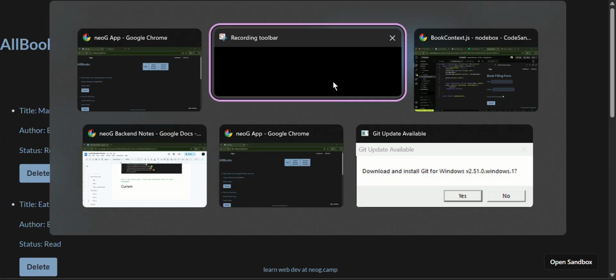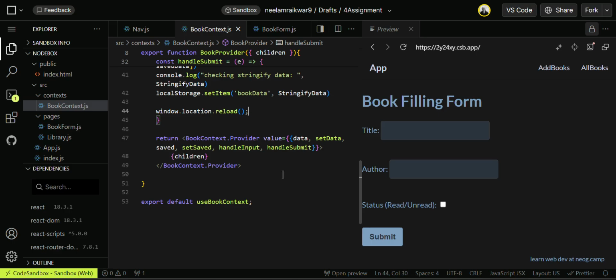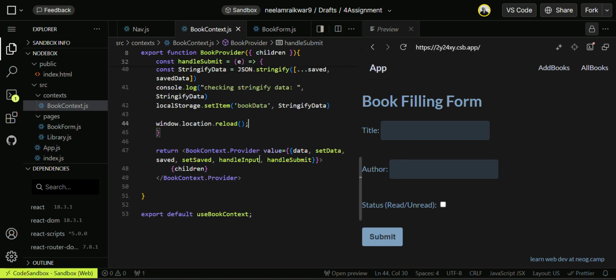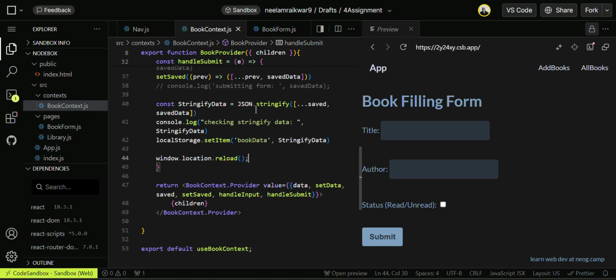And now I have written those states and functions from here, from the book context provider. So data, setData, saved, setSaved, handleInput, handleSubmit, these are the functions and variables which I have written in this context.js file.